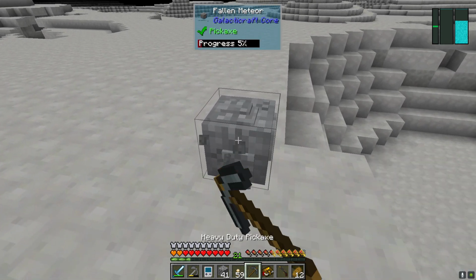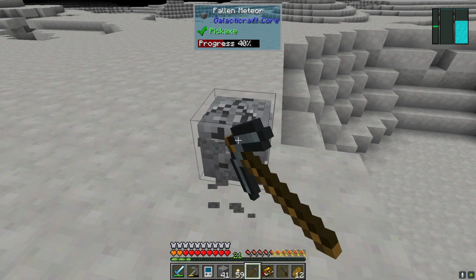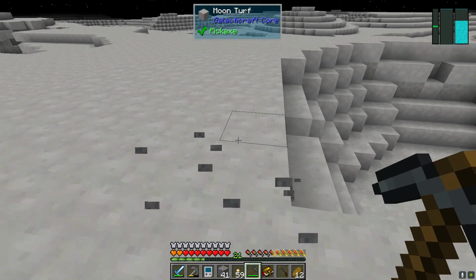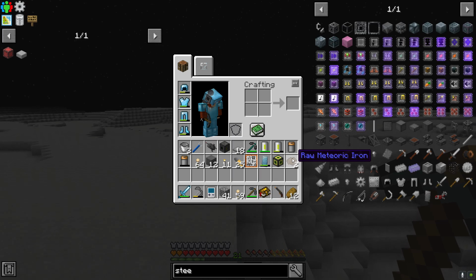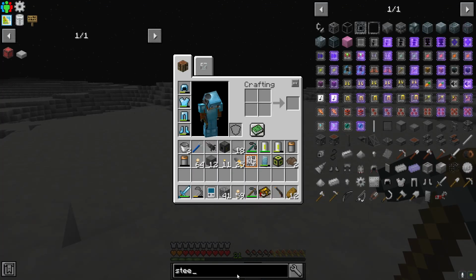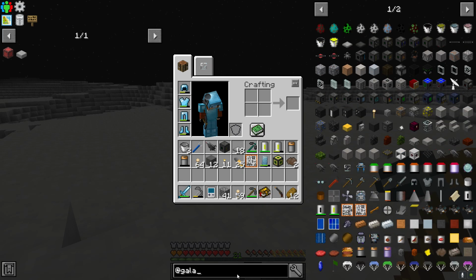Alright, so the heavy duty pick can mine it, so that's what we're going to use. If we mine this, we will get ourselves 2 raw meteoric iron. So yay. And to make the next tier, if we take a look here,